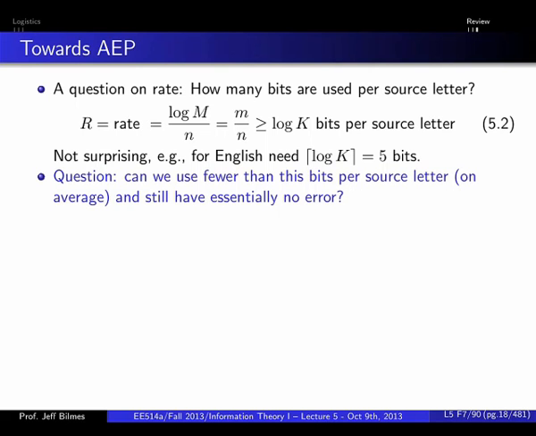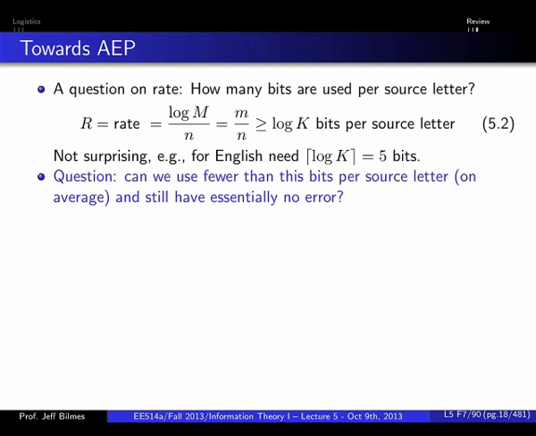So in the context of source coding, think of it like you type out your homework in LaTeX, say, and you run gzip on it. And you look at the total length of the LaTeX source, and then you count how many bits are in the gzipped file. So the rate is the total number of letters divided by the number of bits. Or I should say the number of bits divided by the total number of letters, it's the opposite. We want a small rate. And if the compression is good, the gzipped file is very small, and the rate is low, and we've done a good job in source coding.